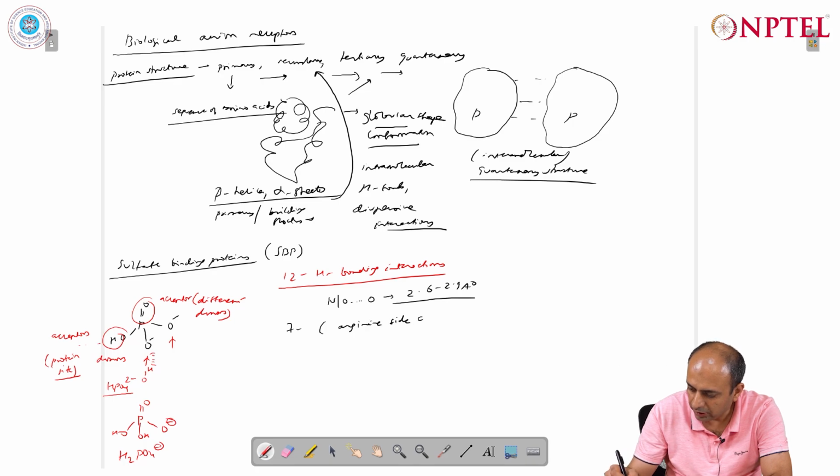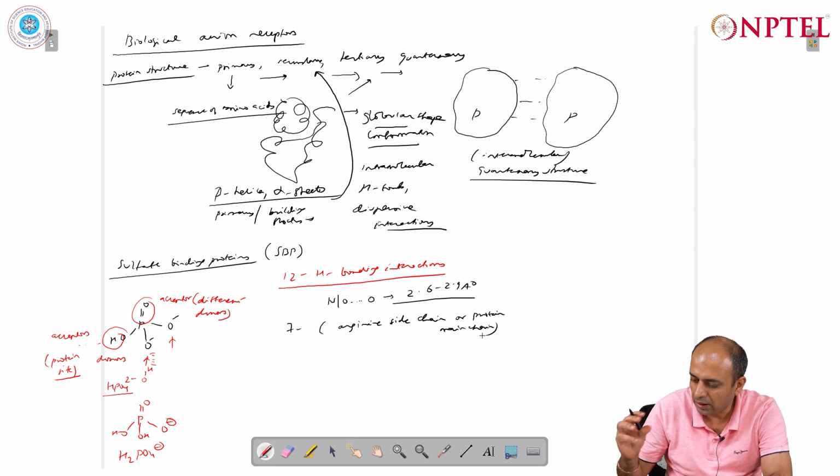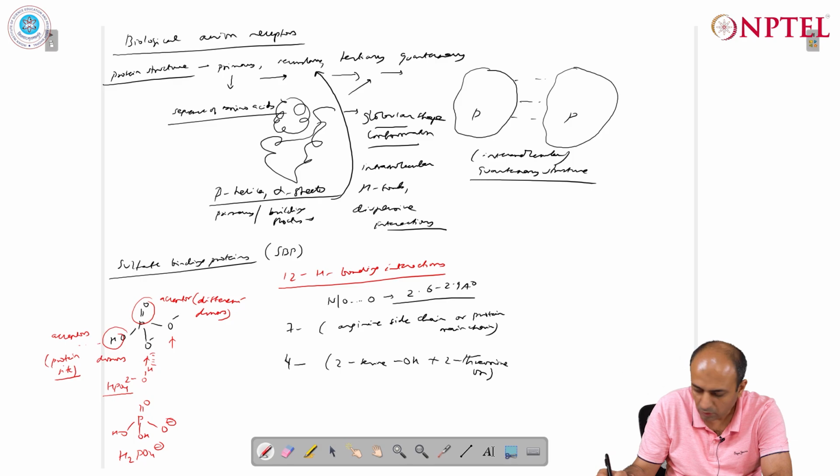the arginine side chain or the protein main chain. So, the protein main chain is the CONH sequence, and the arginine is one of the amino acids which has a NH donor which can interact with the phosphate unit, and 7 such hydrogen bonds are there. There are 4 such hydrogen bonds where 2 are coming from the serine OH and 2 are coming from the threonine OH, and 1 which is coming from the oxygen atom from the carboxylate ion,